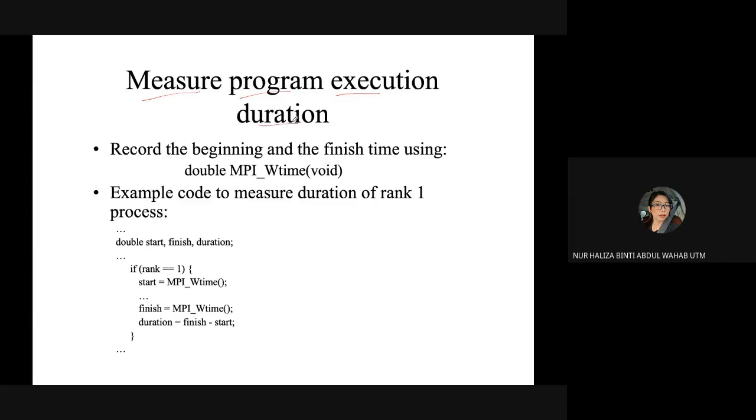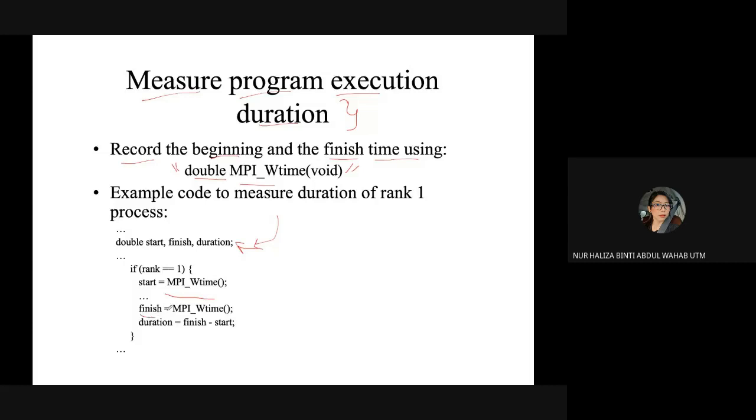Measure program execution duration. You measure your duration and the finish time using the double MPI_Wtime(void), from beginning until finish.